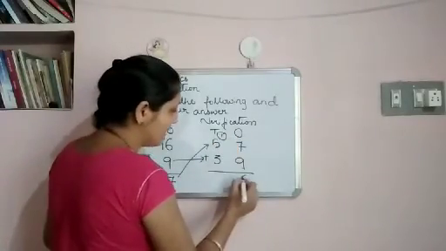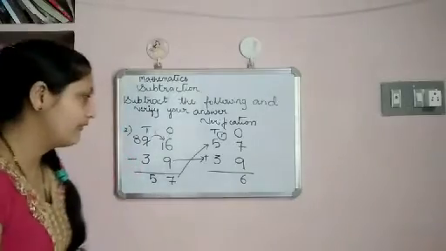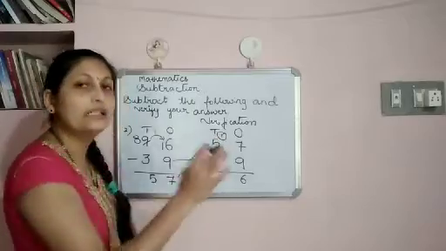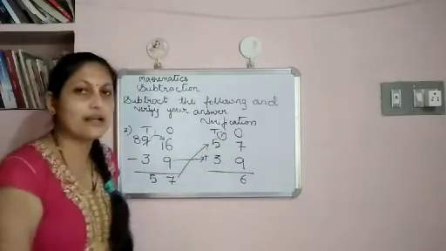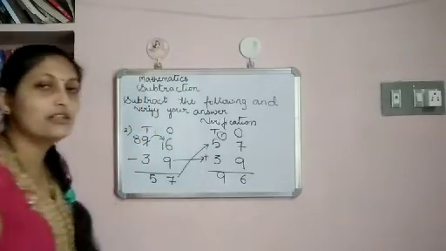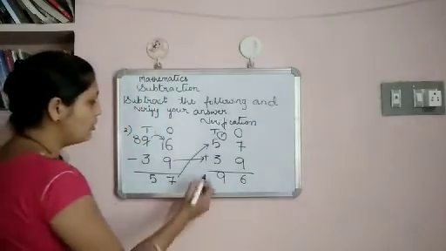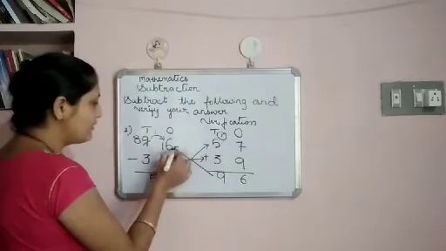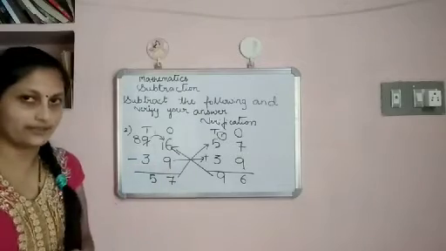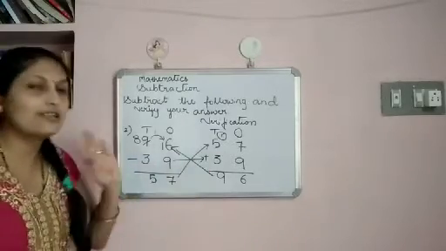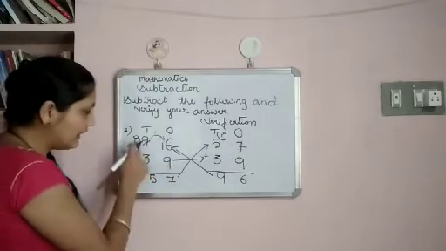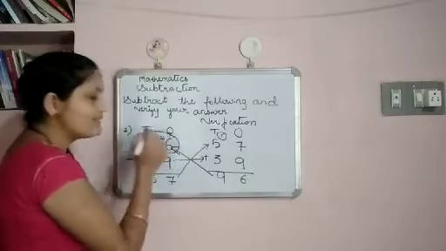1 carry, 6 write it down. Now add the tens column. 5 plus 1, 6. 6 plus 3, 6 after 7, 8, 9. So 6 plus 3 is 9. So what is the answer? 96. This 96 is the first number in the subtraction, isn't it? That shows that your answer is right. By adding the second number and the answer, if you get the first number, then your answer is correct.